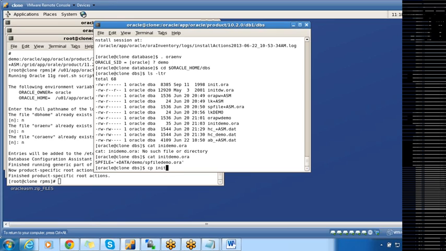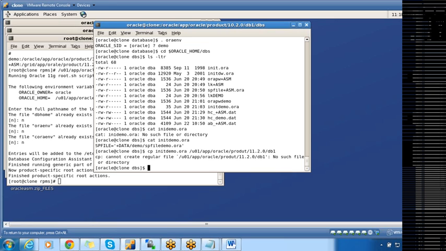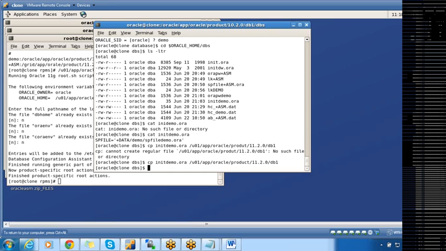So I'll be copying initdemo.ora to my 11g home, /u01/app/oracle/product/11.2.0/db1. In real time, we have to copy the listener file as well as the tnsnames file, because the listener and tnsnames files will be present in the Oracle home.